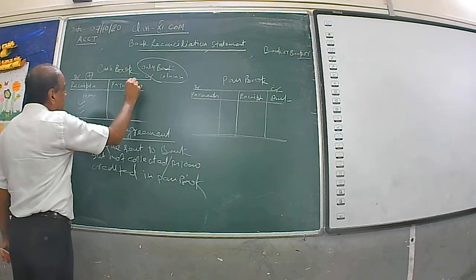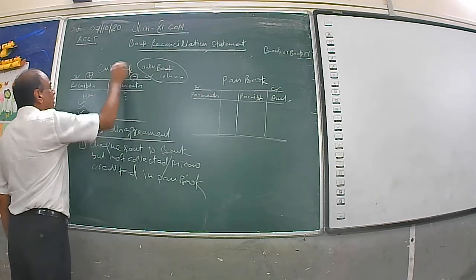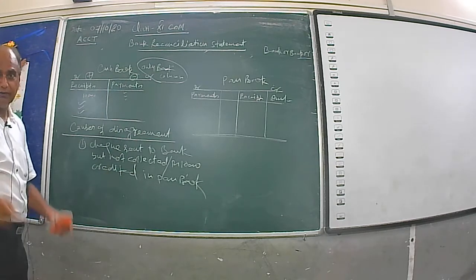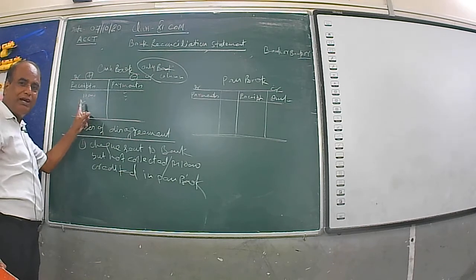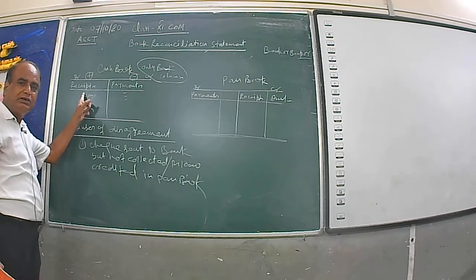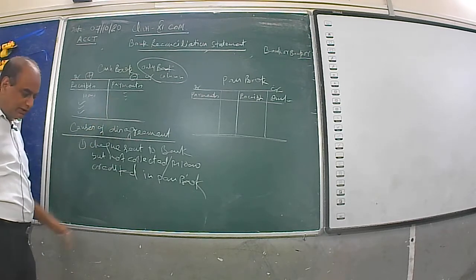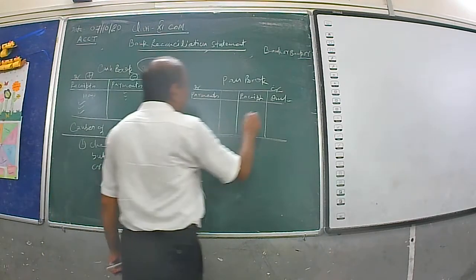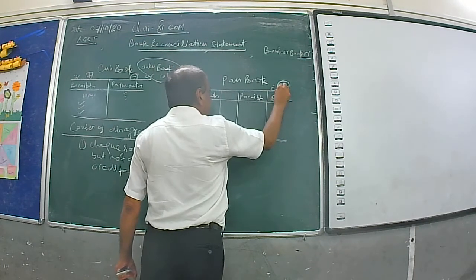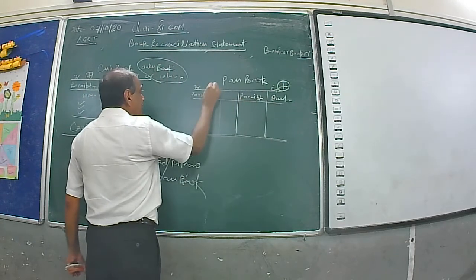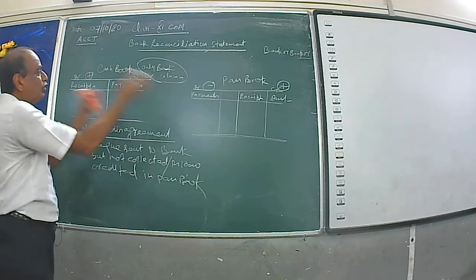And if the cash book is credited, then the balance will decrease. See again, if the cash book is debited, the bank balance of cash book will increase. If cash book is credited, bank balance of cash book will decrease. But in case of passbook, mind it, if passbook is credited, then balance will increase. Plus here means increase. And if the passbook is debited, balance of passbook will decrease. So just opposite.